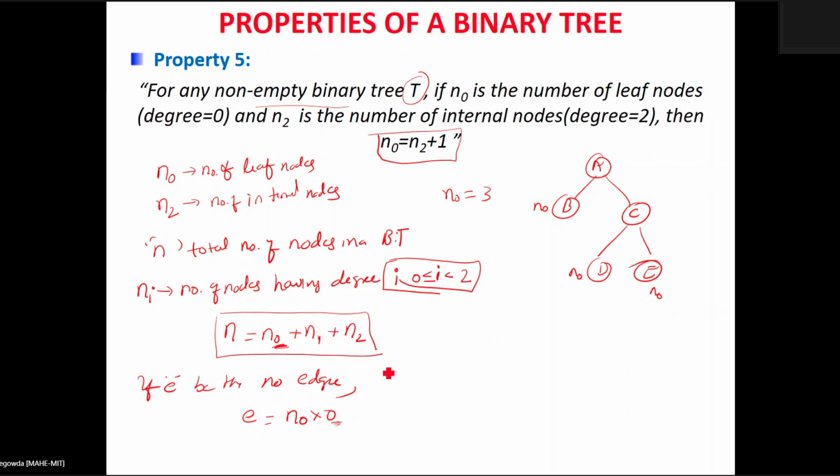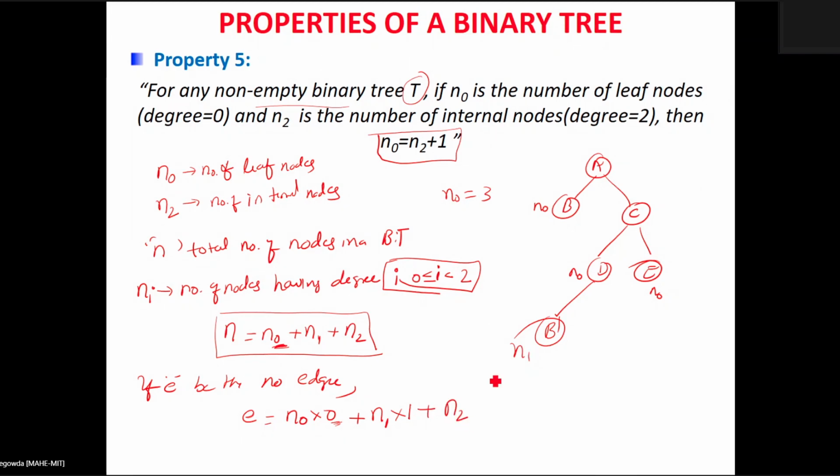And suppose this is plus number of edges. Next, the number of nodes with only one child. Say for example, if you look at this one, how many are we going to have in this case? It means that every such node will have only one link. Say for example, I have a B, D is another, B dash is another node. So I have N1 here. N1 is nothing but B dash in this case. How many edges is it connected to D? That is only one. That is N1 into 1.